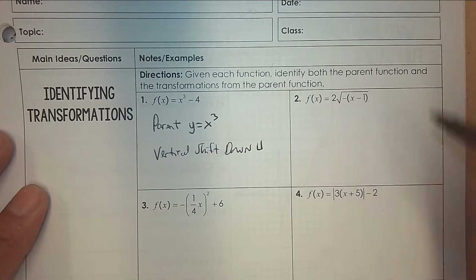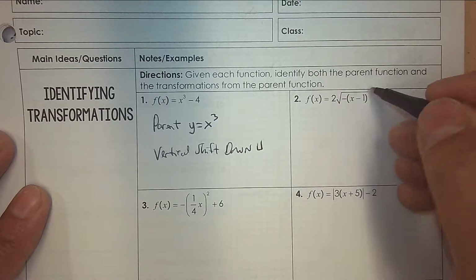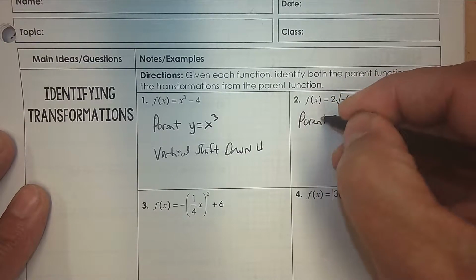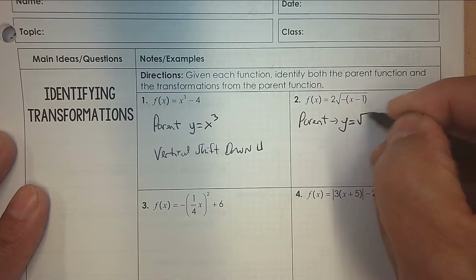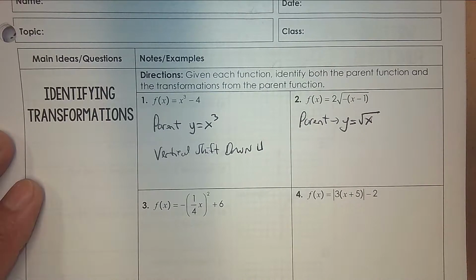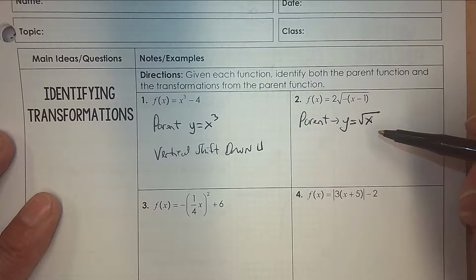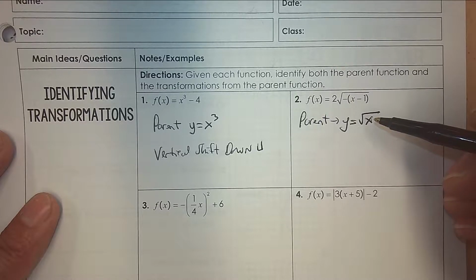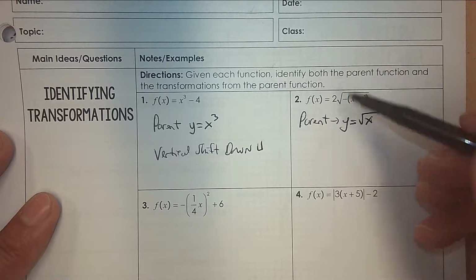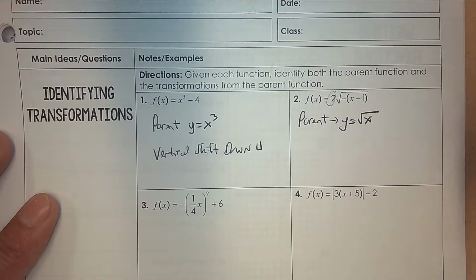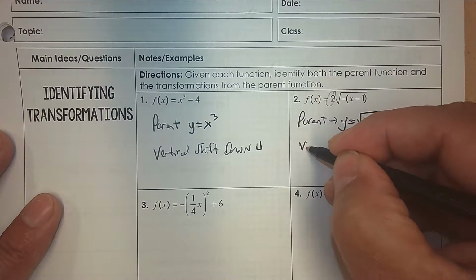Number 2. So what's the parent? The parent is y equals the square root of x. The parent is the simplest form without any adding or subtracting numbers of any sort. There are a bunch of different transformations, so I'm going to start using acronyms to help me. What's on the outside affects the y. It's vertical. So it's actually a vertical stretch